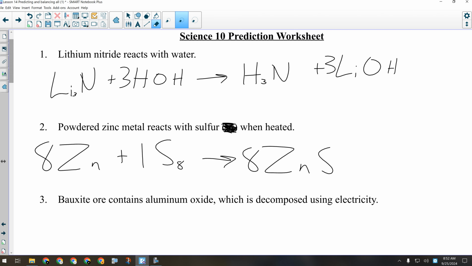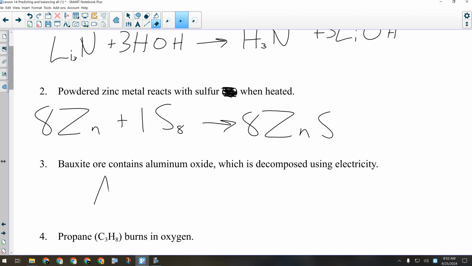Okay, now question number 3, how many people have done 3? Sometimes when I write a question like this, it's to throw you off, and I don't mean that in a mean way, it's to make sure that you're reading carefully. A bunch of people will look at bauxite and then go to the table and be looking for bauxite somewhere. Bauxite is an ore, it's just a rock that contains aluminum. So all you have to do is go past that and go, oh, it contains aluminum oxide, and that's decomposed using electricity. So what this really looks like is